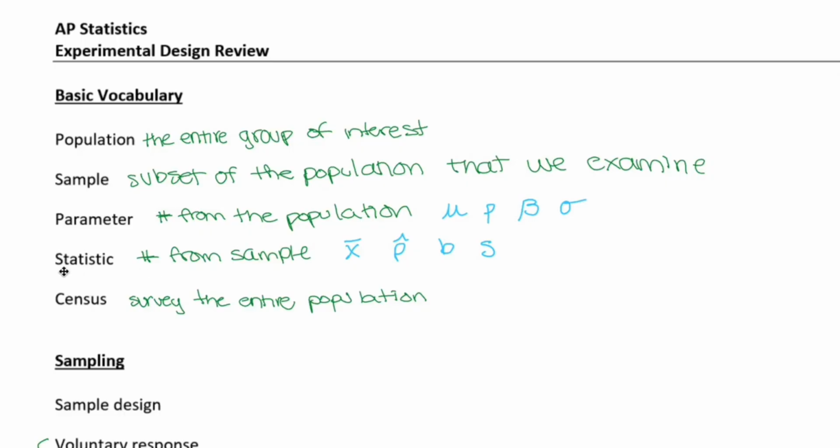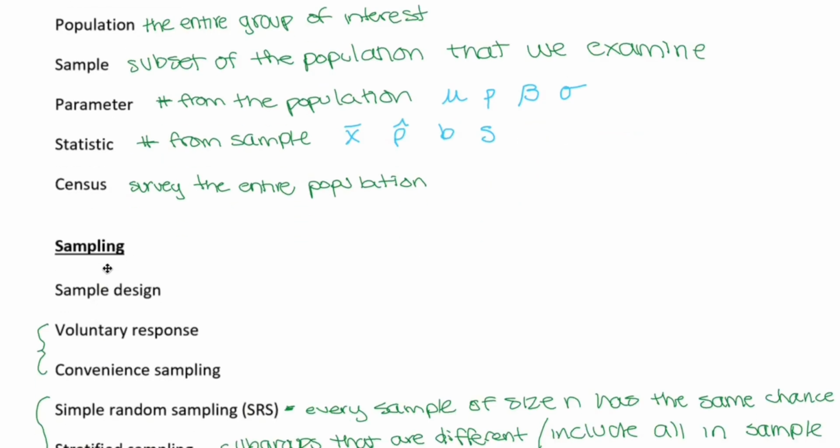Statistic means a number from a sample. Those are also the symbols that correlate with parameters, and you can see that they correspond to each other. Census means surveying the entire population. And sampling